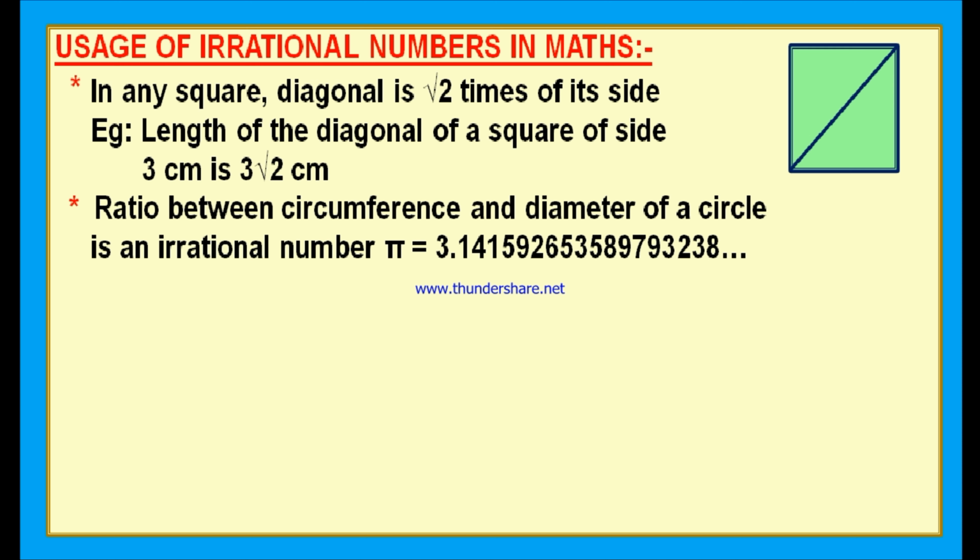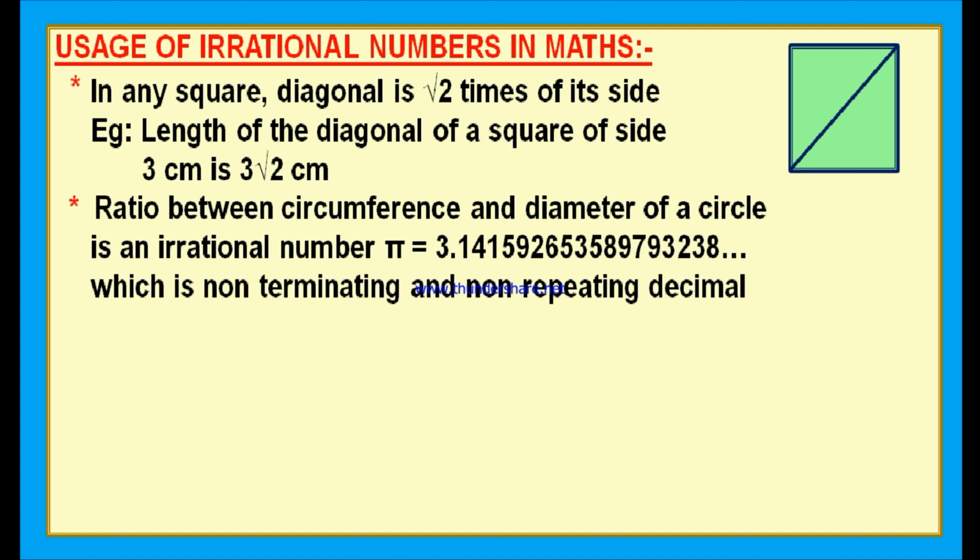Generally we represent the value of pi as 22/7, but it is not exactly equal to 22/7. It is almost equal to, very near to 22/7. Therefore the actual value of pi is 3.1415 92653589793238 and so on. This is a non-terminating and non-recurring decimal, therefore it is an irrational number. Here, in finding the ratio between the circumference of the circle and the diameter, again we got an irrational number, isn't it? Good. Which is a non-terminating and non-recurring decimal number.